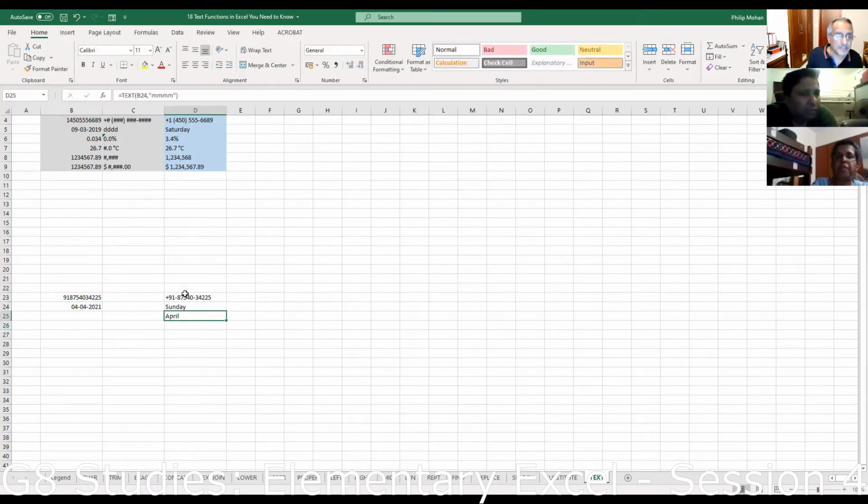So if I put only 3, it will give me only APR. Sometimes in some of your reports, it may be better to stick to 3 because it gives a uniform length, whereas September, November is bigger than March, April. So I like it to look nice and neat, any kind of data. It might be just better to use 3, but that's your choice. I'm just showing you what you can do.